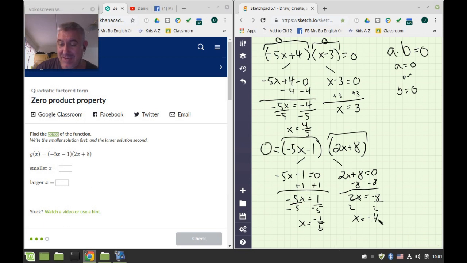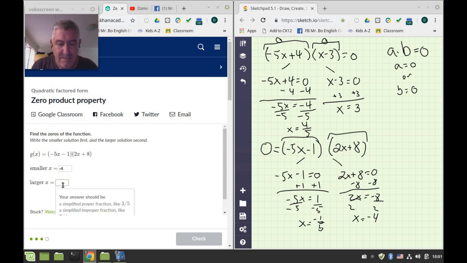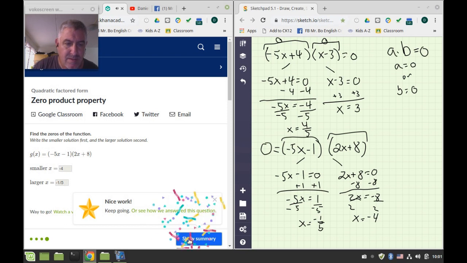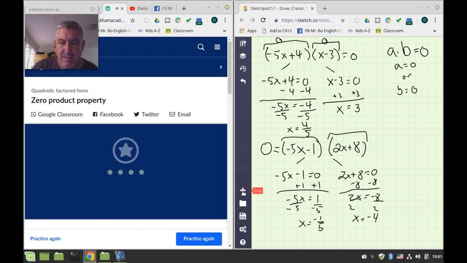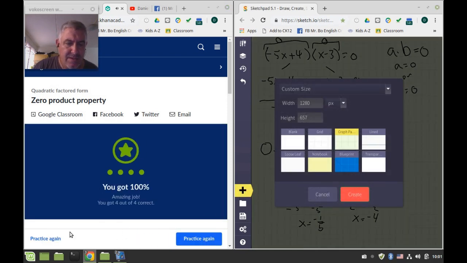The bigger negative, the negative with the larger absolute value, is smaller here. Negative 4 is going to be smaller, and negative 1/5 is going to be larger. Okay. There we go,